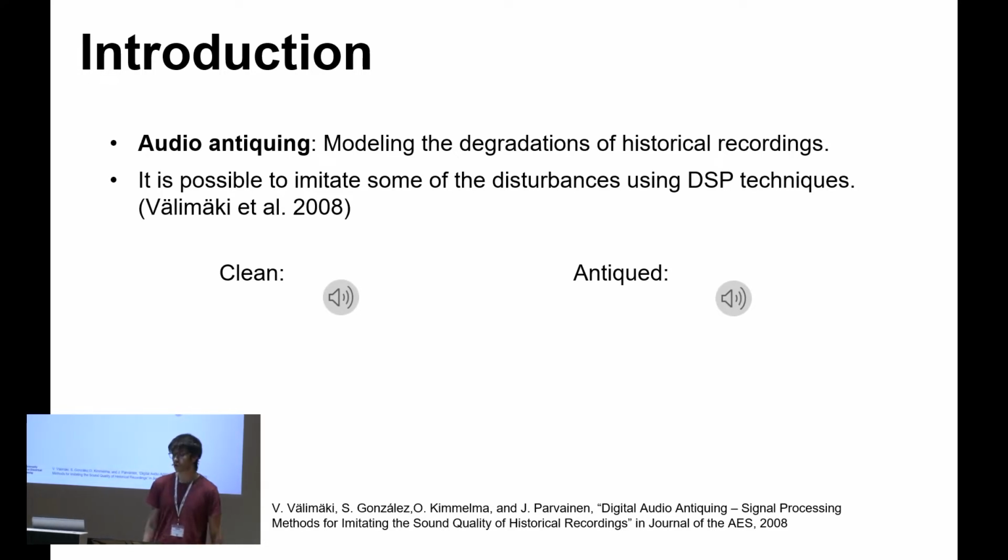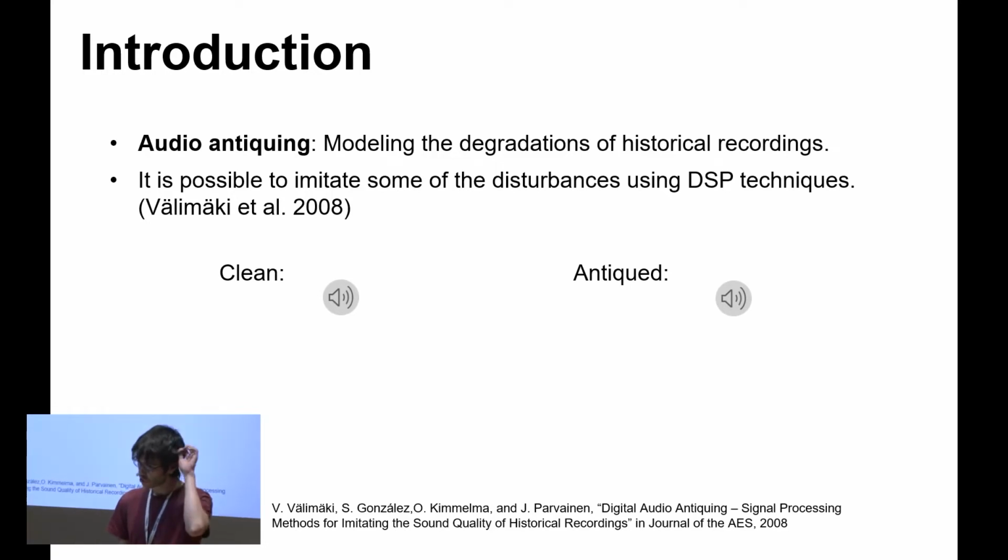motivation. So the task of audio antiquing is about modeling the degradations of historical recordings. So the goal would be to transform some modern track to make it sound older, like it was from the 1920s or from a very old gramophone recording. So this research started in our lab almost 20 years ago, and in a prior work, it was shown that it was possible, with some research about how these degradations originated,